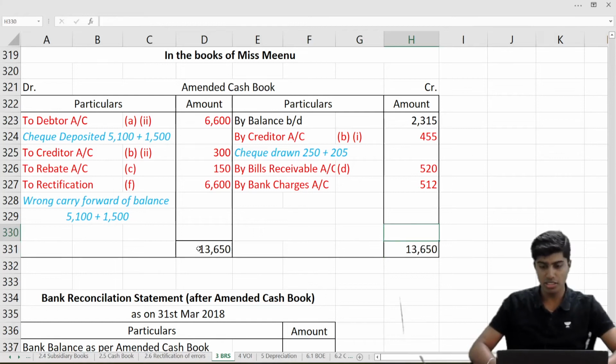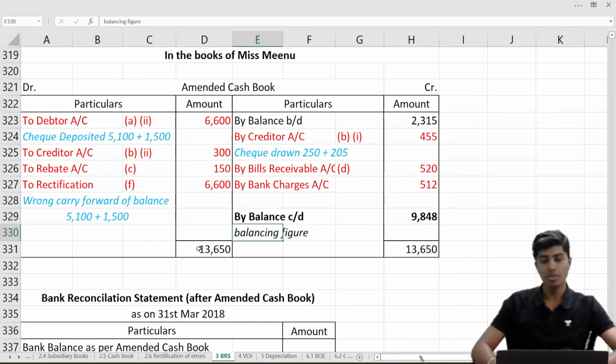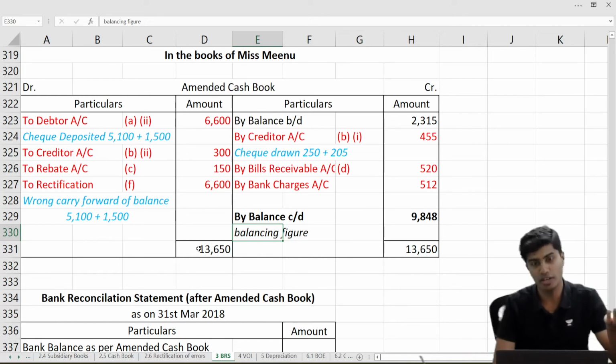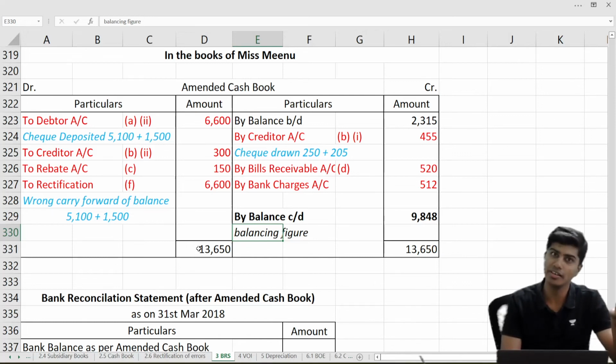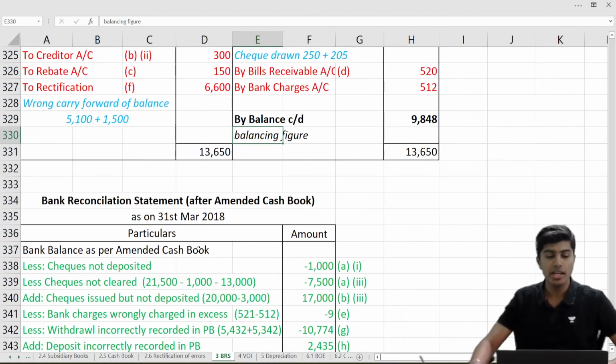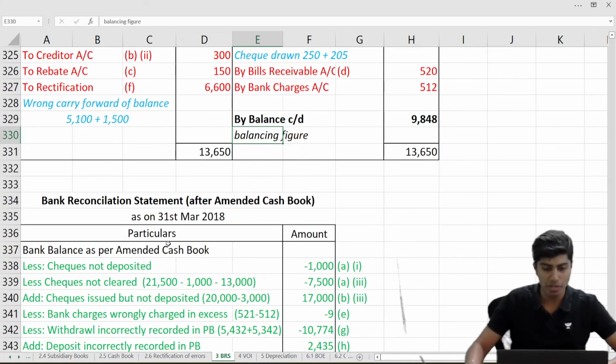13,650 here, 13,650 here. And if I identify the closing balance, balancing figure in the amended cash book, it becomes 9,848. This is favorable balance because the balancing figure is on the credit side, it is debit balance. Debit side is in excess of credit, 9,848. I would take this 9,848 in my bank balance as per amended cash book as the opening